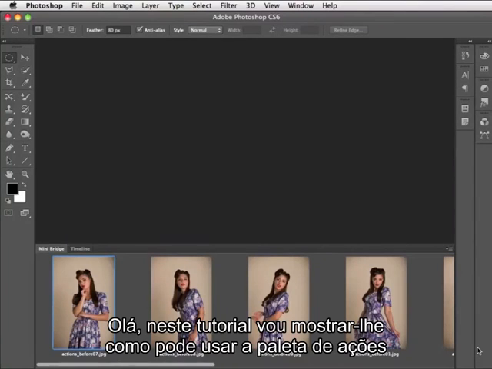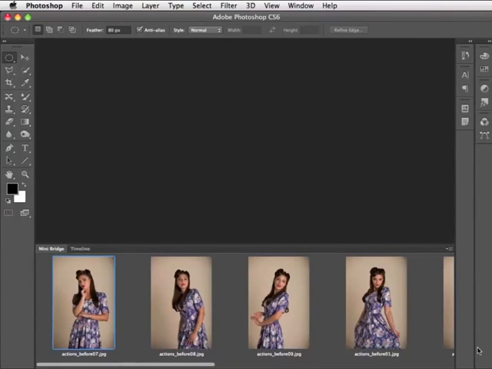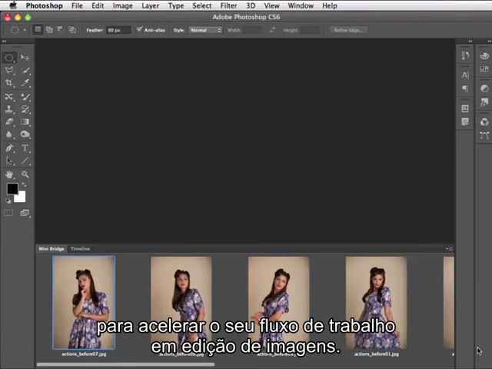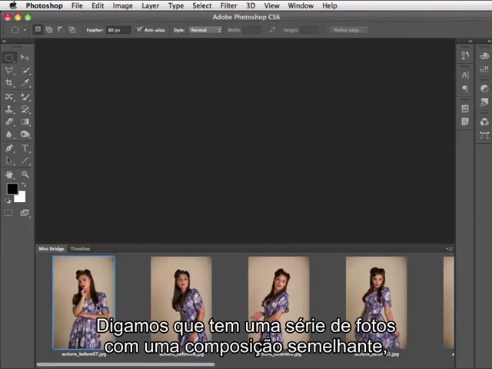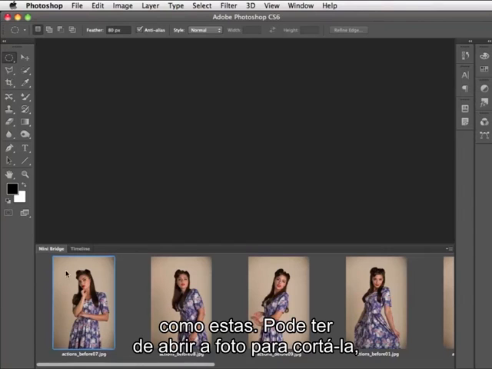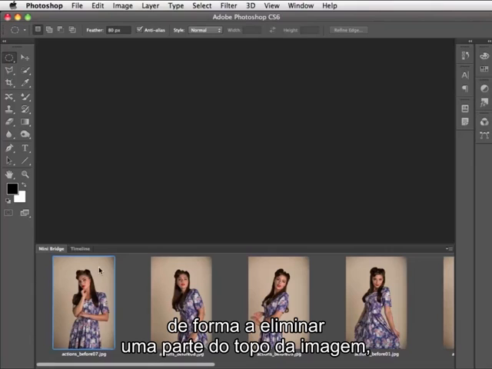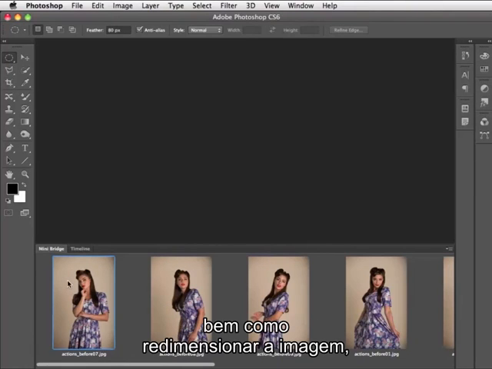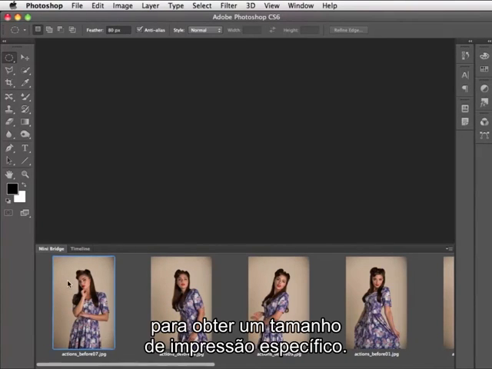Hello, in this video lesson I'm going to show you how to use the Actions palette to speed up your photo fixing workflow. For example, let's say you had a series of similarly composed shots like these ones here. You might want to open a shot and crop it to lose some of the space at the top of the frame, and you might also want to resize the shot at the same time so you can have a